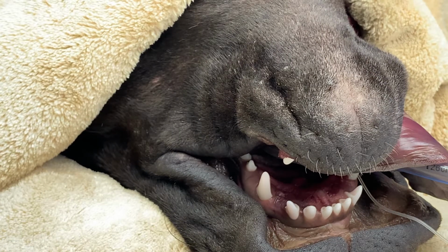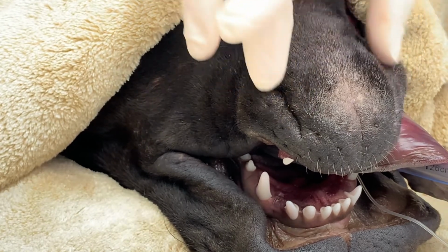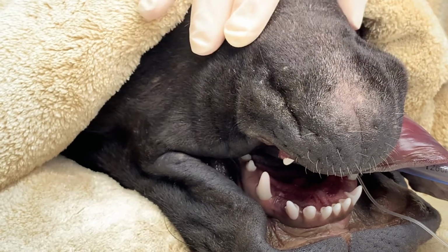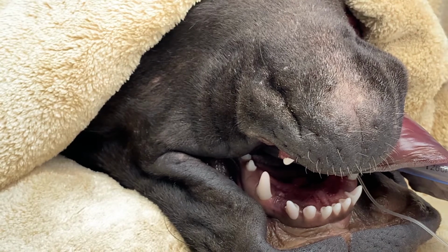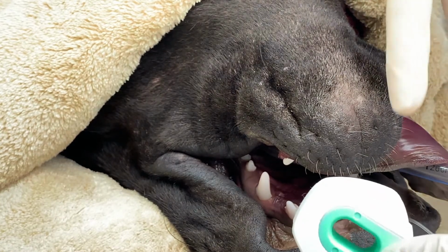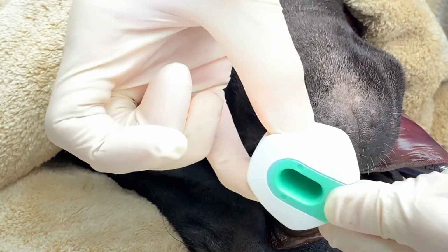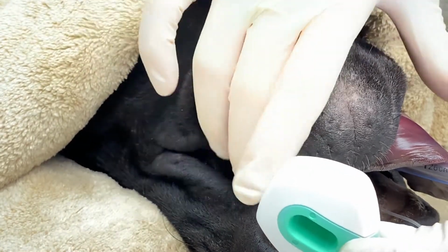So if we're acquiring our images with the patient in dorsal recumbency, whether we're doing our full mouth with the patient in dorsal or if we're doing the mandible in dorsal recumbency, we're going to position the sensor guard the same exact way as we would with our lateral or sternal views. So we're going to put the tips of the crowns on these ridges here, and we're going to use the same teeth that we do for those other